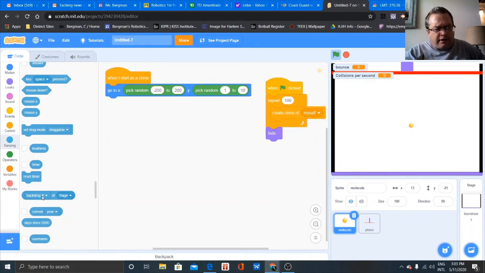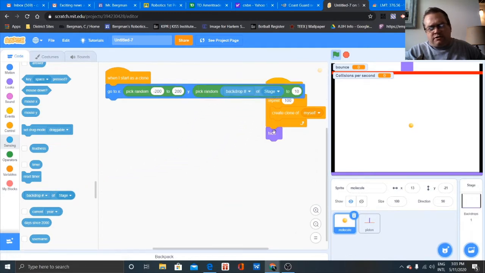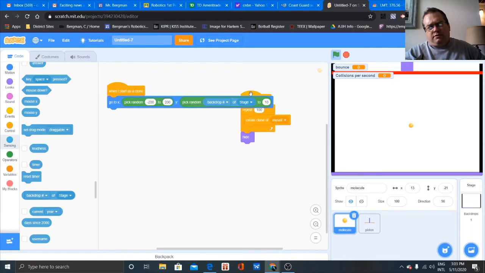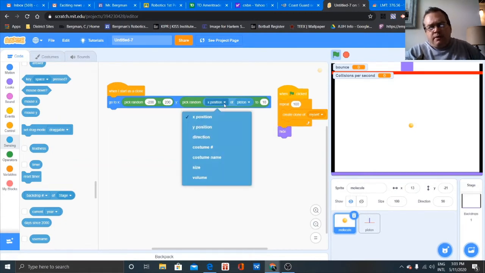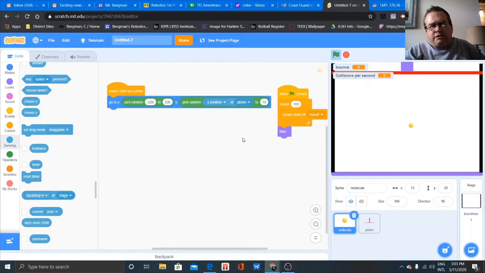There it is. Okay. So I'm going to drag that command up, and that is going to go in the first oval on the operator. And then I'm going to pick the Y position of the piston,